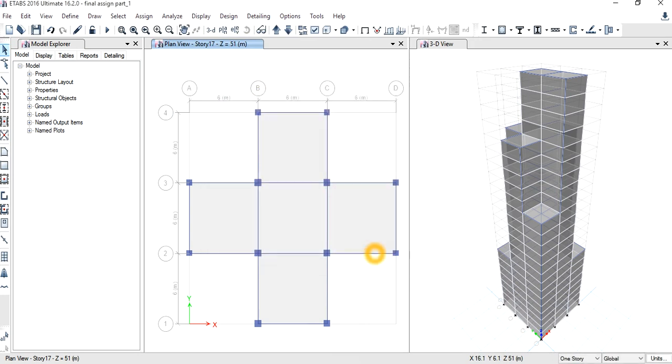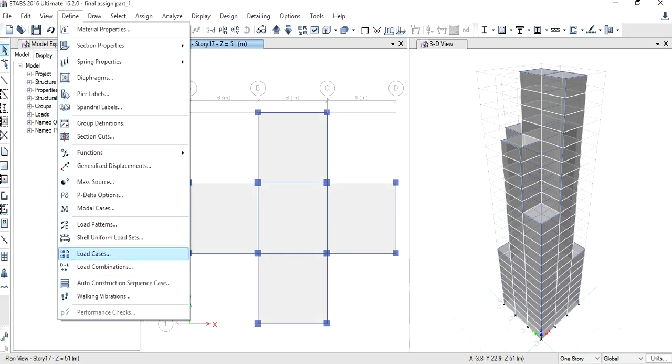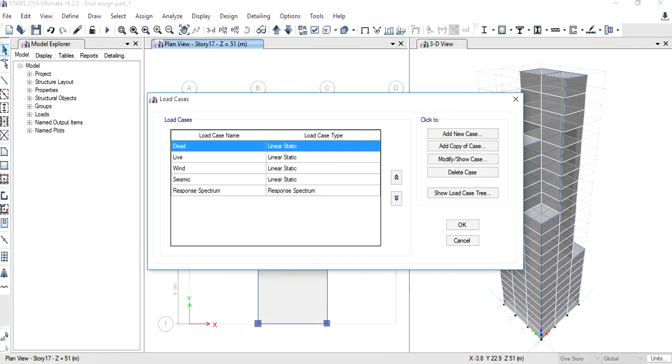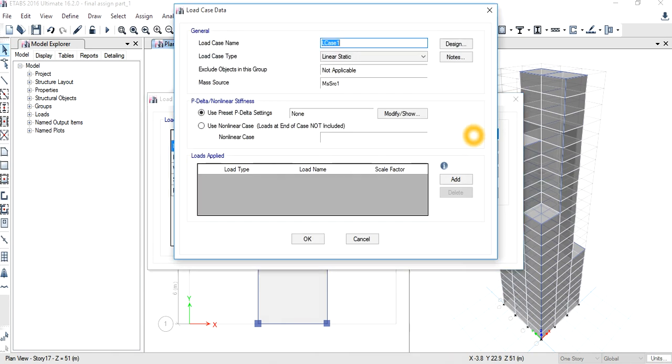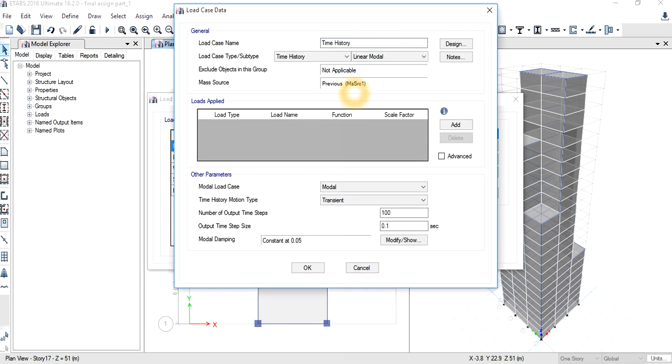After defining the time history function, we will define the load cases. Go to define, go to load cases, go to add new case, name it as time history. Select the load case type as time history.